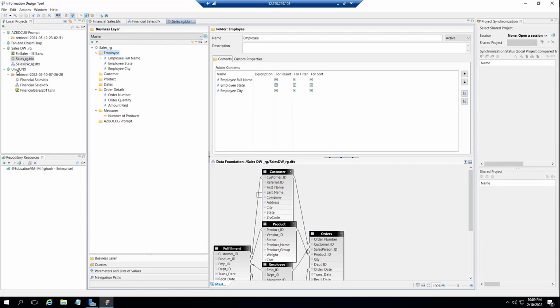With this structure, you can have one data foundation layer and then one business layer containing part of the data foundation layer, and maybe another universe using another. It can be overlapped, but the idea is that you just need one data foundation layer, and then you can have more than one business layers on top of that.